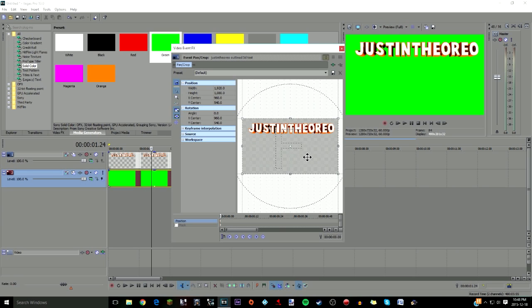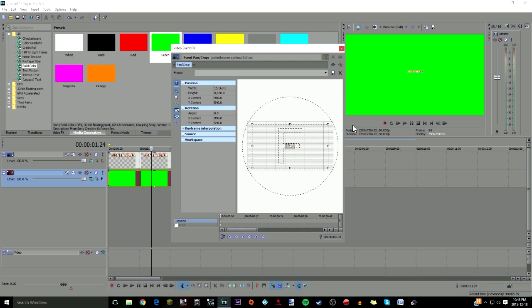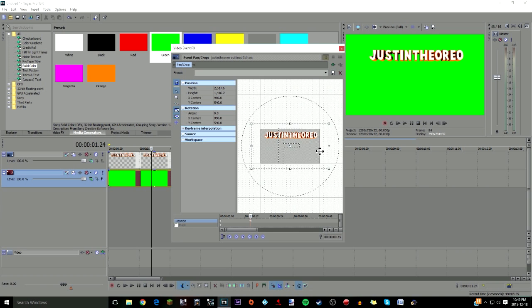So basically, on the very first keyframe, zoom out, and zoom it out as much as you can. This is the maximum it can go. And again, go 15 keyframes or 15 frames. All right, that's about 15. Double click to add a keyframe and zoom all the way back in, and then move this up to center